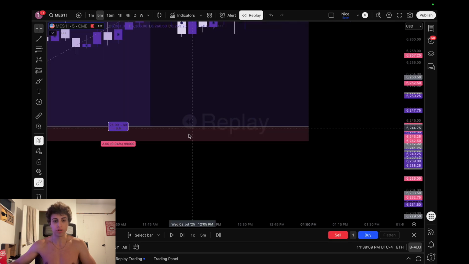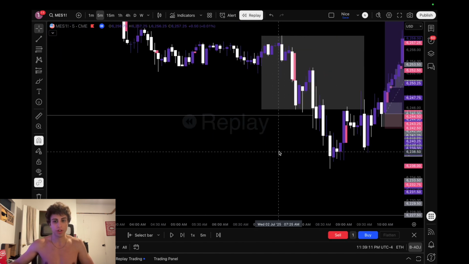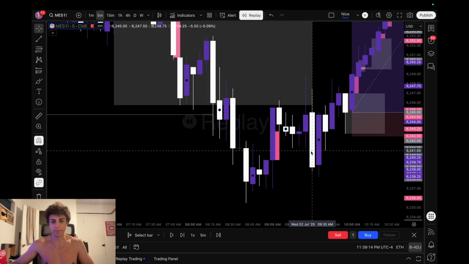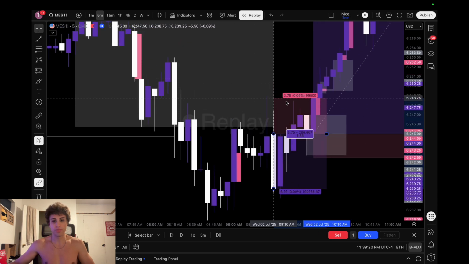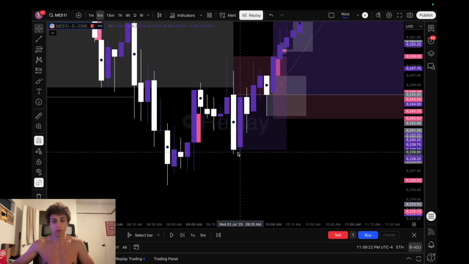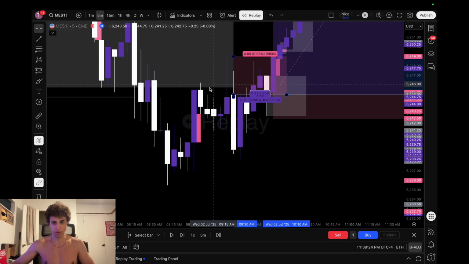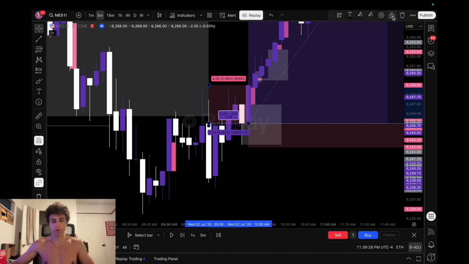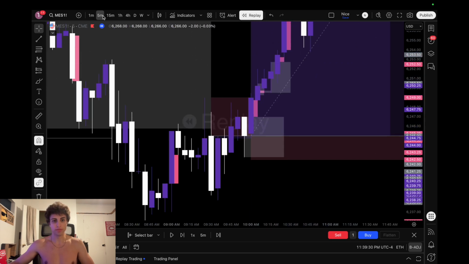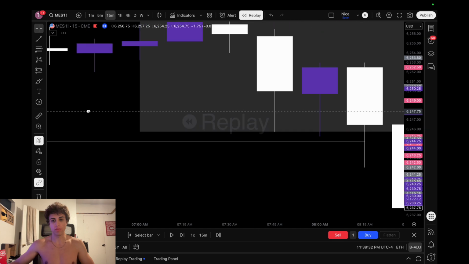I'll show you right here on the 5-minute at 9:30. Right here on the open, took this trade with the 4-pip stop, and then we got stopped out right here. Mark that out, and then what happened